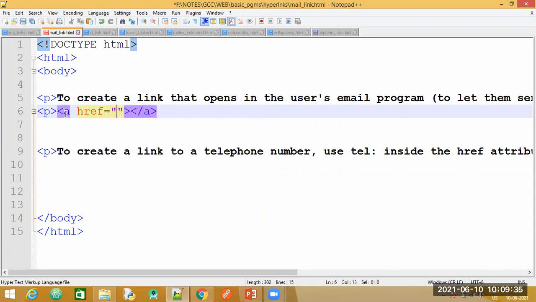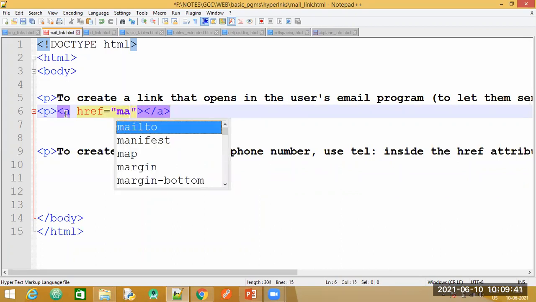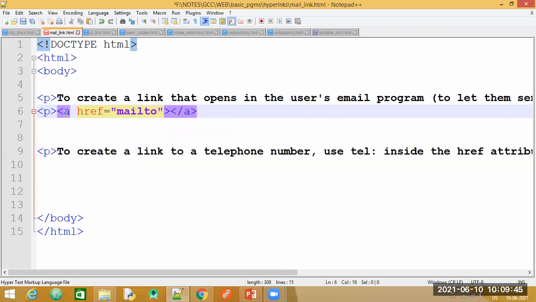So how does the URL go here? You have to write the keyword mailto, mailto, give colon, and after that you can specify the email ID to which you want to send the email. So I will write my email ID here,